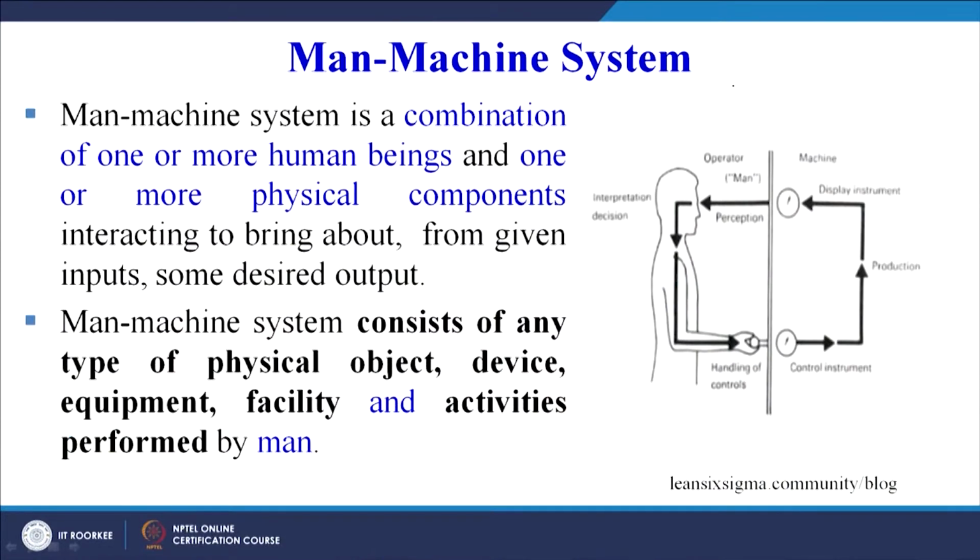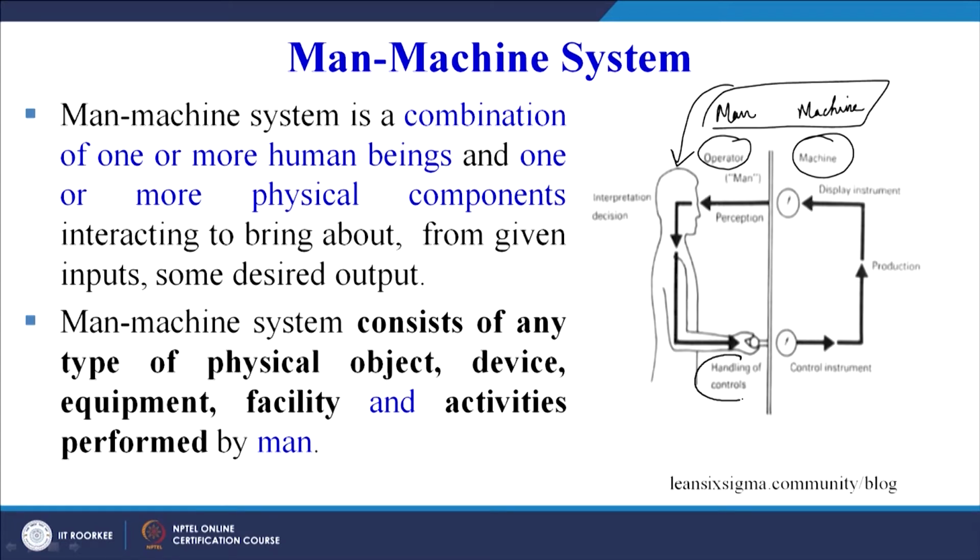So let us start our discussion of the man machine system. First we will start with the basic definition. You can see on your screen there is a man and he is operating a machine. This is the operator, so we can call him the man, and on this side we have a machine. So it is a man machine system in action, and here you can see he is handling the controls. This is a control instrument which is changing something in this direction, and this is a display